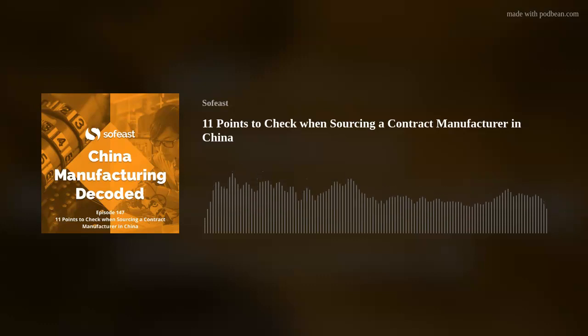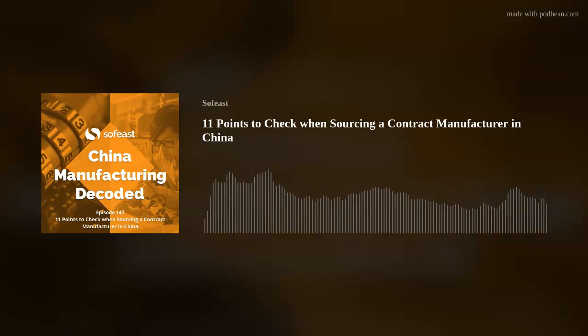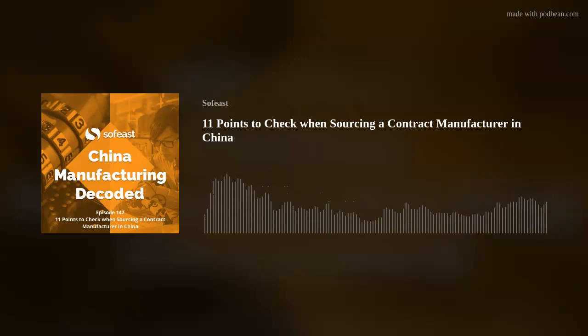Right. So if I just quickly summarize, we started off by talking about the different types of suppliers and highlighting what a contract manufacturer actually is, the sort of things that they would be doing. We're specifically talking about selecting a contract manufacturer for electronic products in China, but I suppose a lot of the advice you've given is common for non-electronic products as well, other hard goods perhaps, and also other countries outside of China. To a certain extent, yeah. Hard goods, yeah. Mechanical products without electronics, definitely. Or electrical products, yes, definitely. Highly applicable in general.